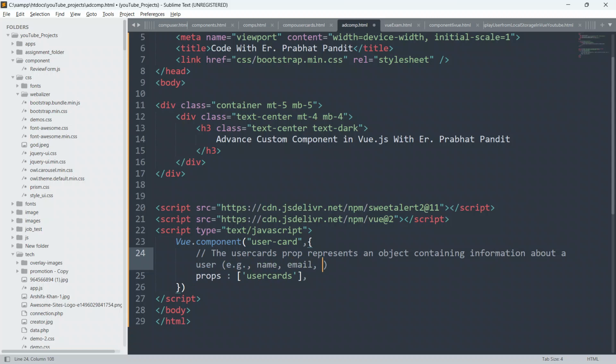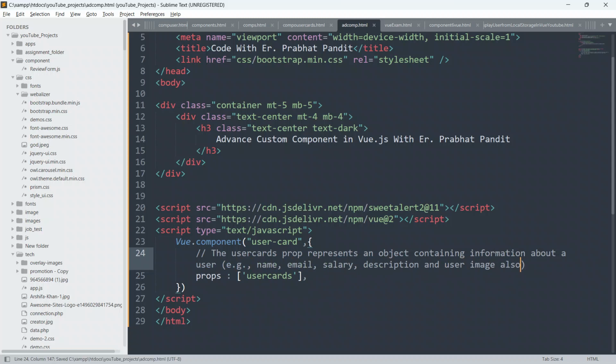Here I'm just giving you the example like name, email, salary, and descriptions, and user image also. Here we will define our user image also.